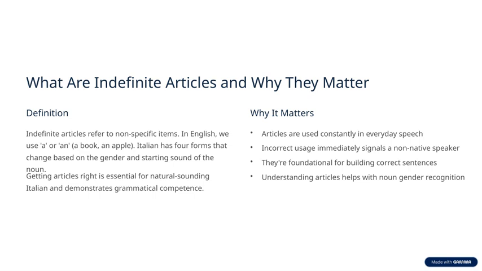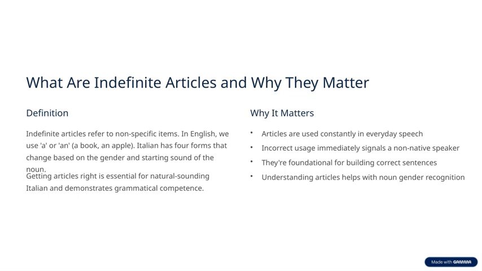Let's talk about what indefinite articles are and why they matter. Indefinite articles refer to nonspecific items. In English, we typically use a or an, for example, a book or an apple. However, in Italian, there are 4 different forms of indefinite articles. These forms change depending on the gender of the noun and whether the noun starts with a vowel or a